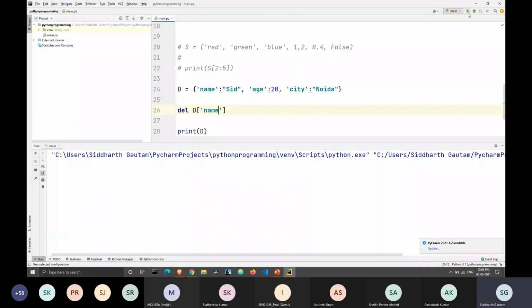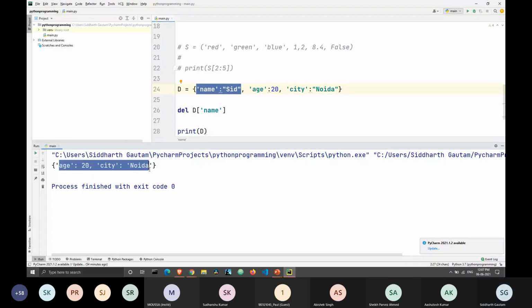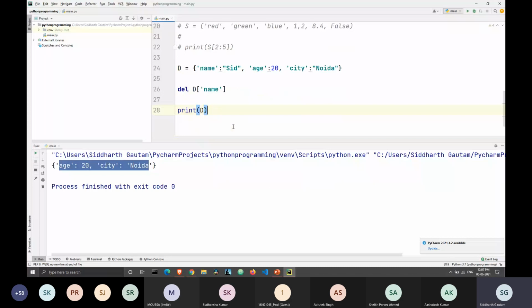Now when we print this, as you can see, the name key value pair has been deleted, and we only have age and city left inside the dictionary. So this is how we can remove elements in a dictionary in two methods, which are pop and delete. And unlike every other sequence, using the pop function in a dictionary requires an argument. That's a necessity. Okay, so let's move ahead.